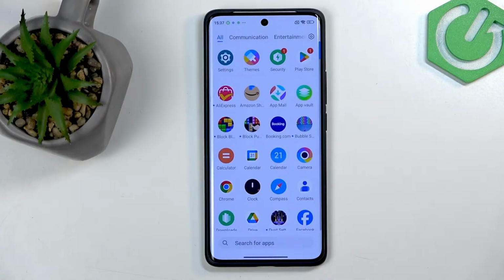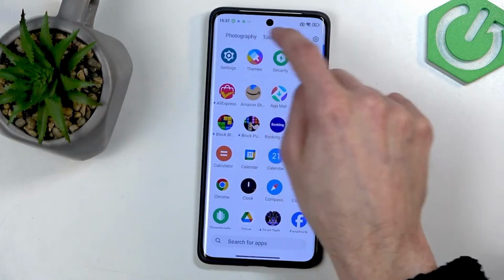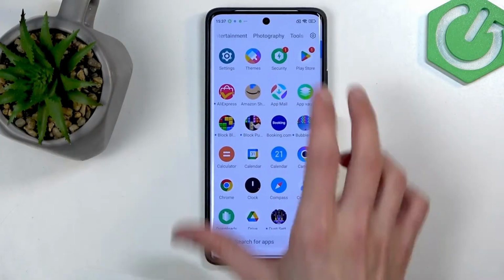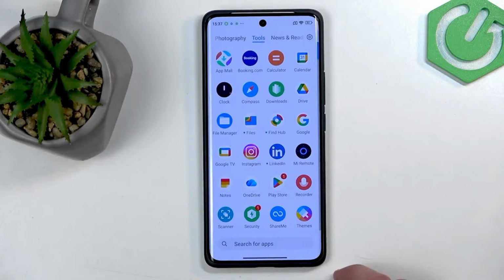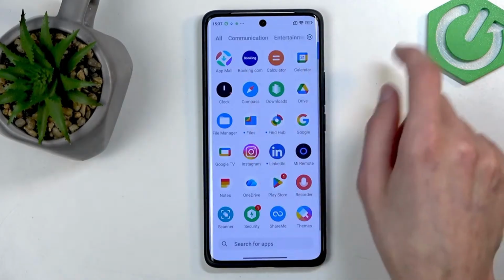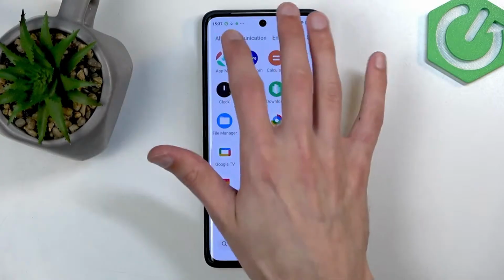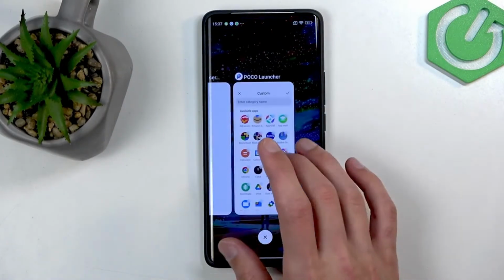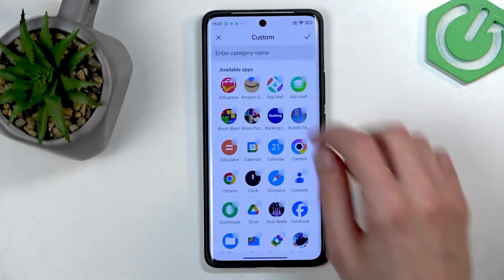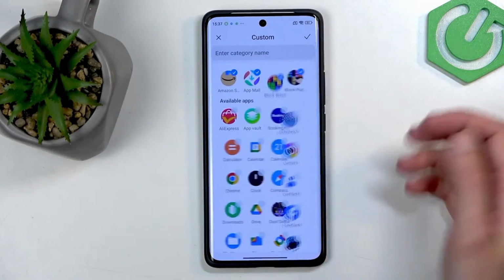As an ease of access, it completely breaks it by making you look for whatever you'd be looking for, that you need to swap, and then I will select tools, and there we go, right? Instead of, for instance, the tools being literally a click away and I'm already in tools, right? That would have been the go-to option. So you can remove these categories and create your own, select which application you'd want to add in there, and